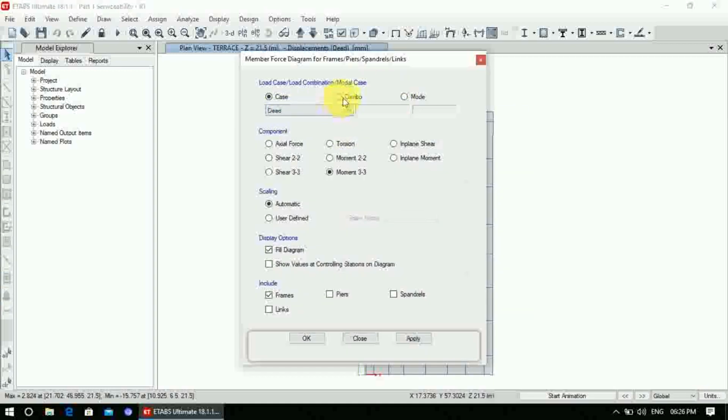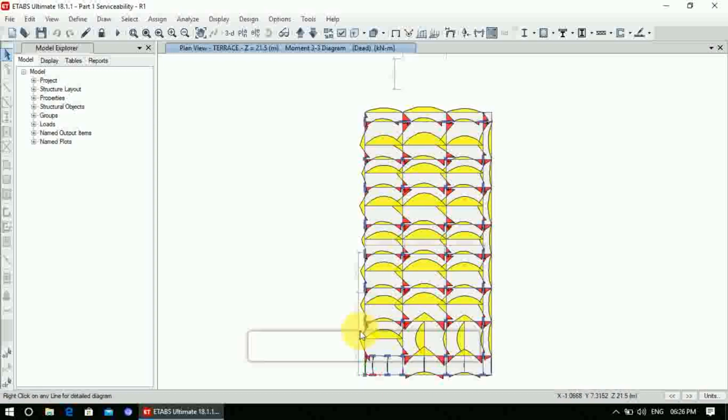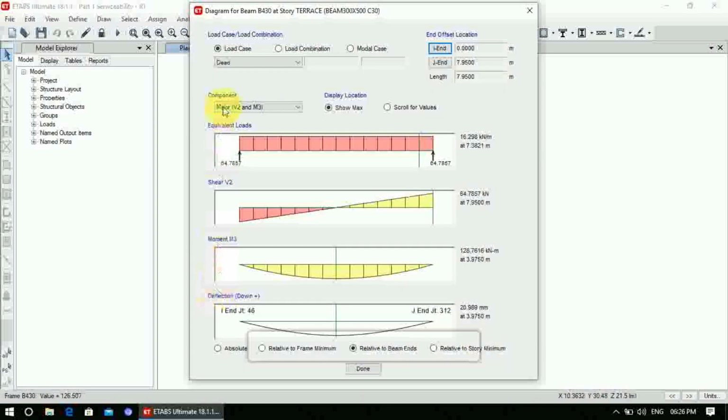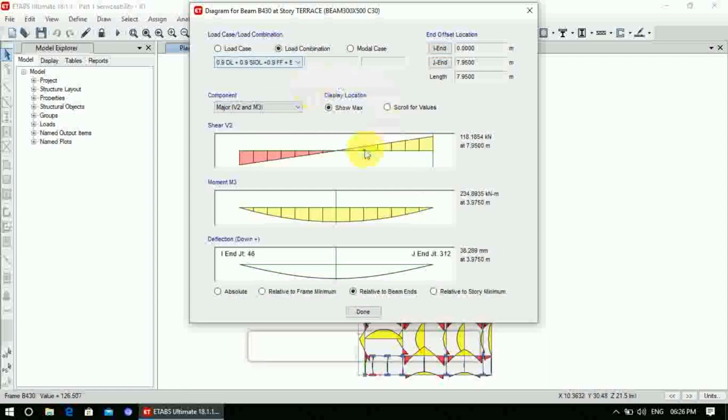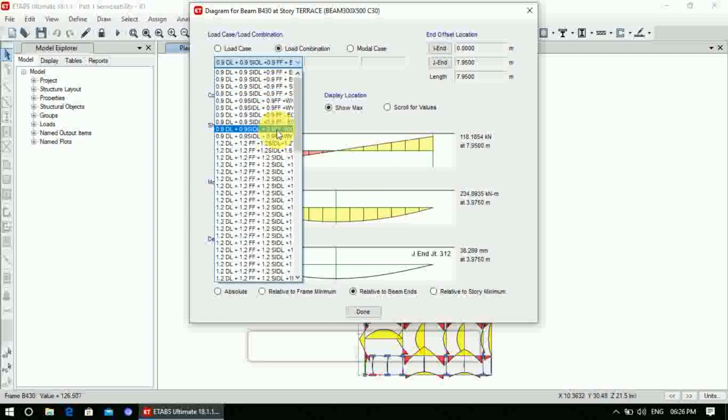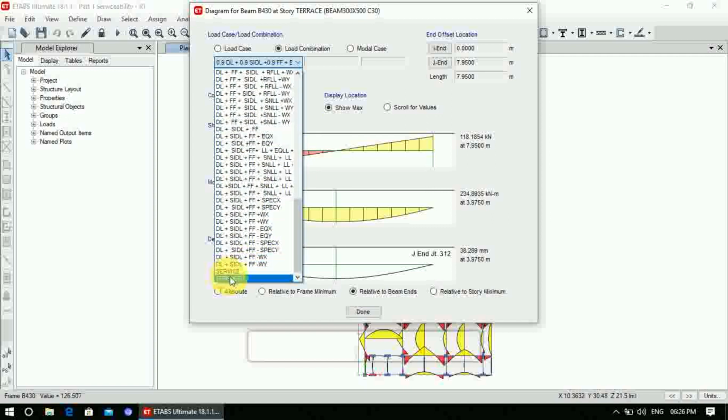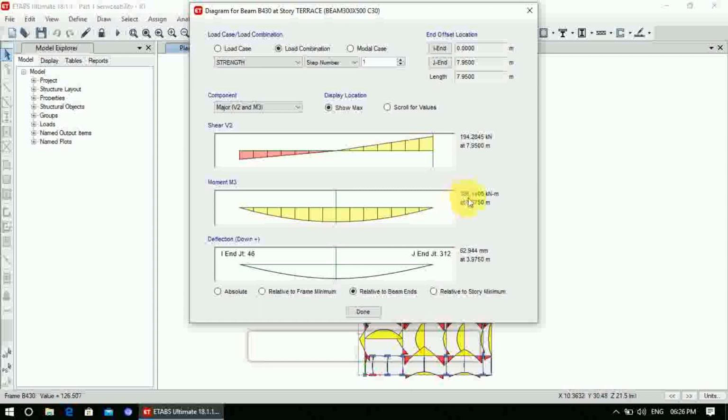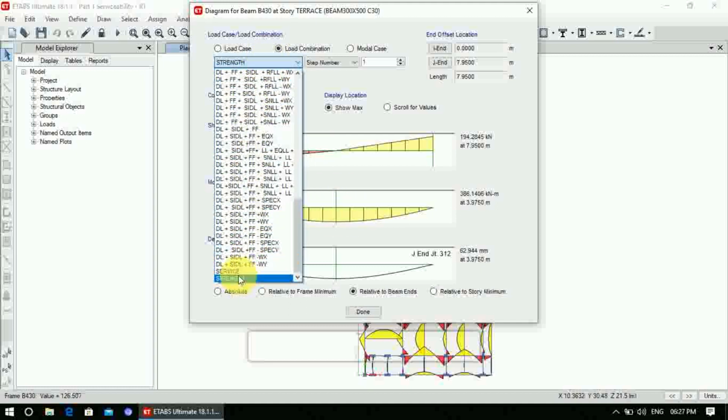Say I want to look at the bending moment diagram, I close. Suppose I want to study this beam, I'll right click on it. Now I want to find out the maximum bending moment which is going to occur. I say I want to design that beam, so I need to find out the maximum bending moment. There are so many load combinations, so to find out the maximum I'll just use my strength envelope. So 386 kilonewton meter is going to be the maximum bending moment which is going to occur in this beam. Similarly for service,